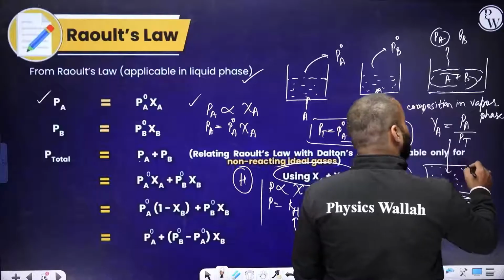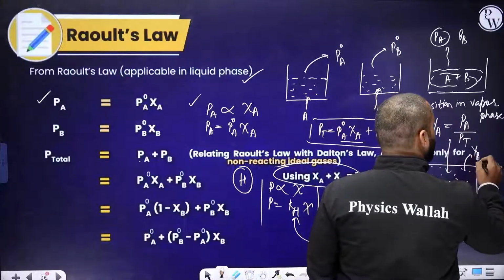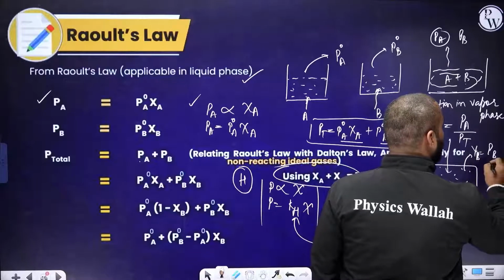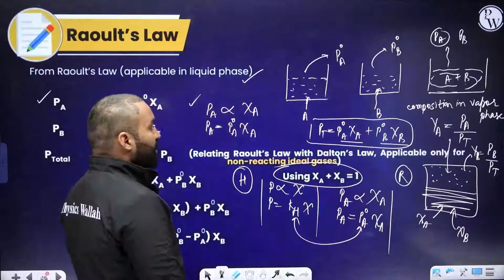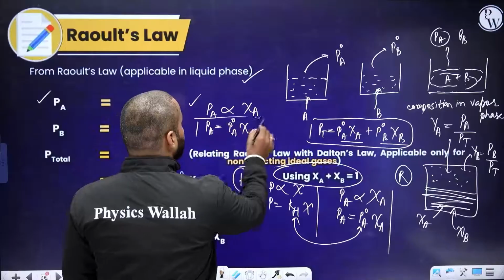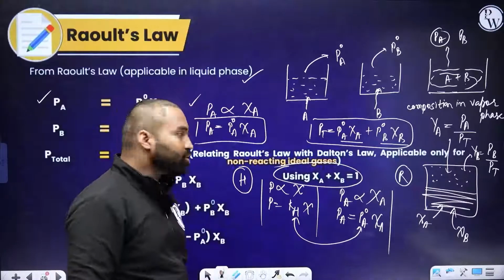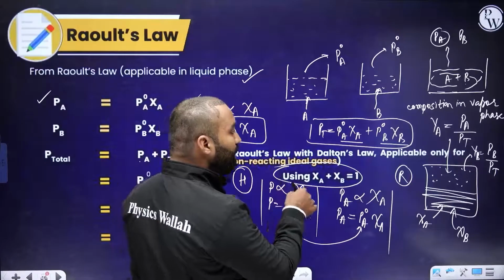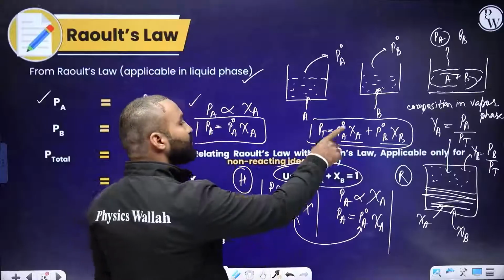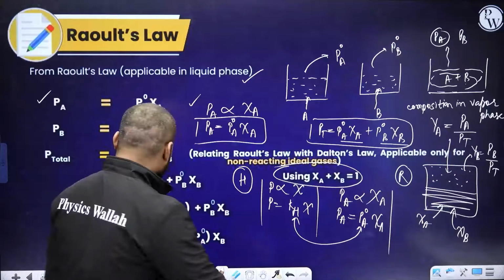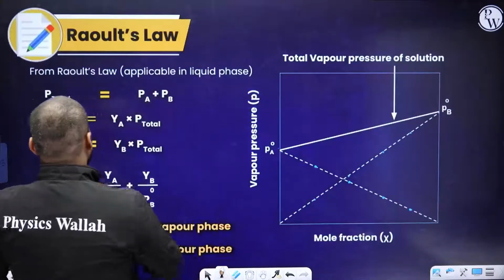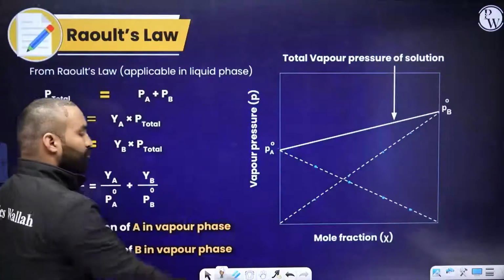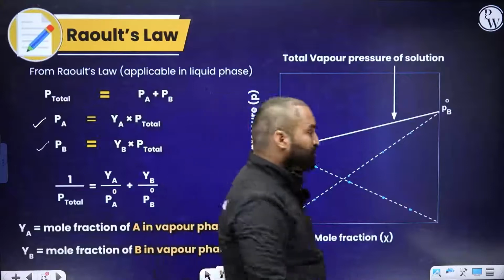Understood? Similarly, you can say Yb will be equal to Pb divided by Pt. This is very, very important. One thing you should know, according to Raoult's law, Pa equals P naught A chi A. Also, Ya equals Pa divided by Pt. Perfect, everybody. Let's move. Now, I have already brought down the formulas here, which I have just discussed with you,